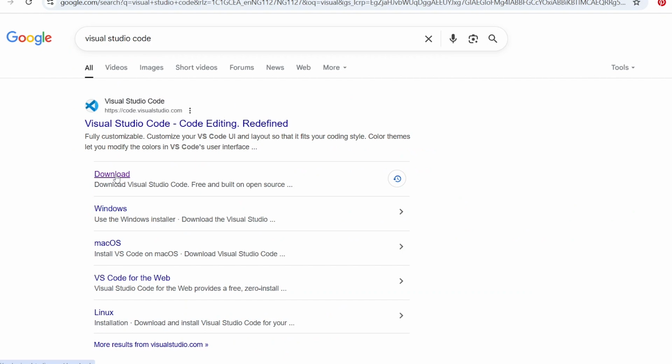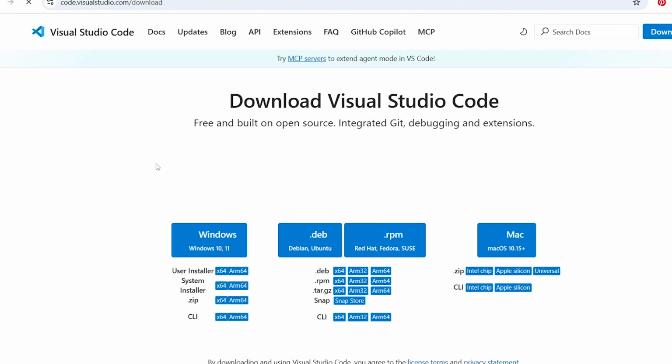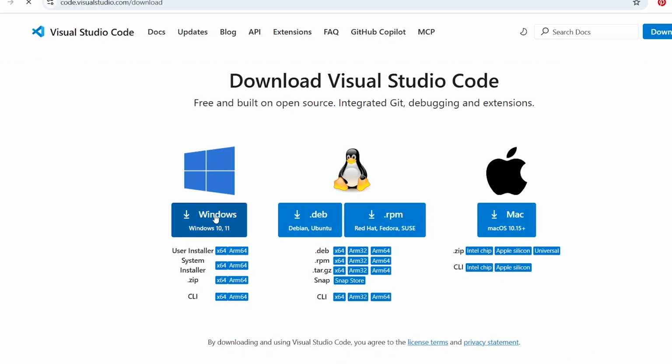Then I'm going to click on the download, and from here I'm going to download the Visual Studio Code that matches my operating system. Since I'm using Windows, I'm going to be downloading Visual Studio Code for Windows. This is for Windows 10 and 11. If you are using Linux distributions, you can download any of these, and then this one is for Mac operating system.